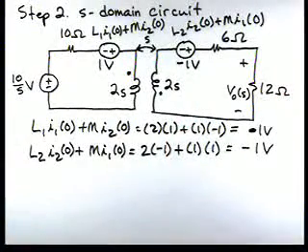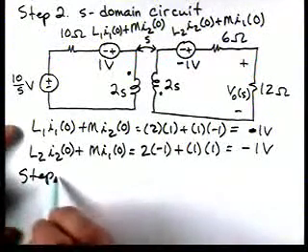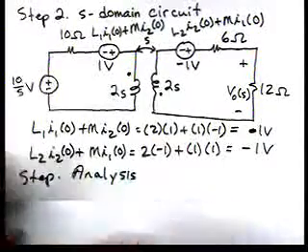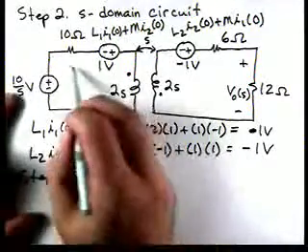So now there's the S-domain circuit. We've calculated all the quantities for the initial conditions. And now we're ready to do step 3, where we're going to do our analysis. And if we remember back to our problem-solving strategy for magnetically coupled inductors, it says assign mesh currents. So we're going to assign two mesh currents,